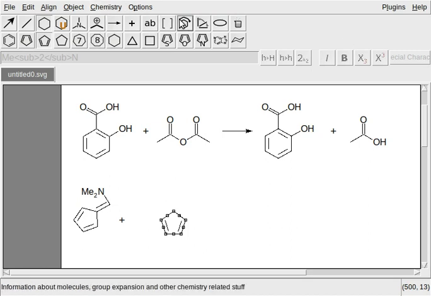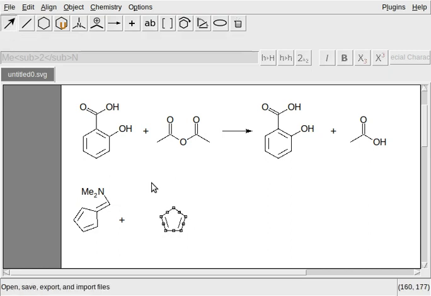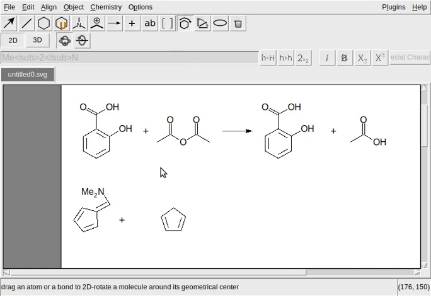Now we will need to rotate it, but before that let's unselect it. The rotation icon, the rotate icon. Then choose a corner atom and rotate it like this.